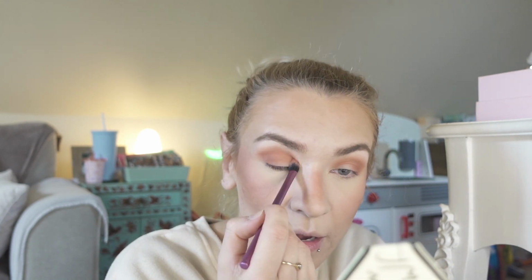When I have an eyeshadow palette, like I've got a lot of eyeshadow palettes, when I start using one, especially one that I haven't used before, I feel like I have to use it for at least a week. I don't wear makeup every single day obviously, but when I do try out an eyeshadow palette, because I don't want to just try one or two of the shades, I feel like I need to use it for a week so that I get a feel for each of the shades and get to try them out. Obviously this isn't a tutorial on how to use this palette or anything, it's literally just a palette that I wanted to use today,